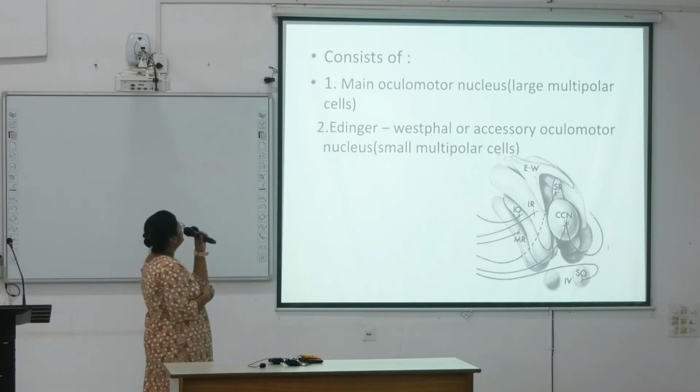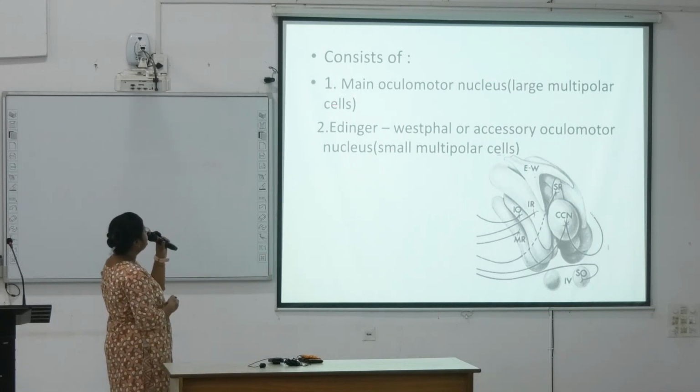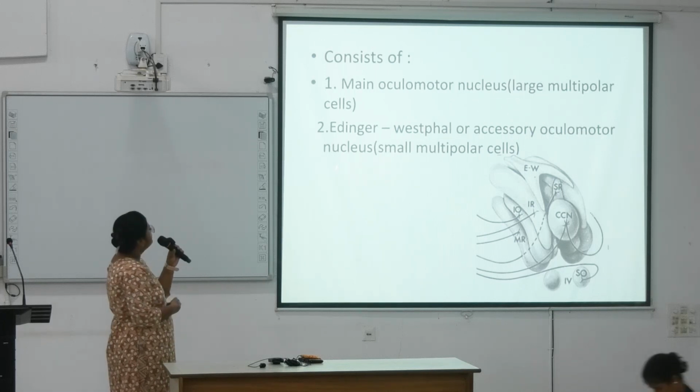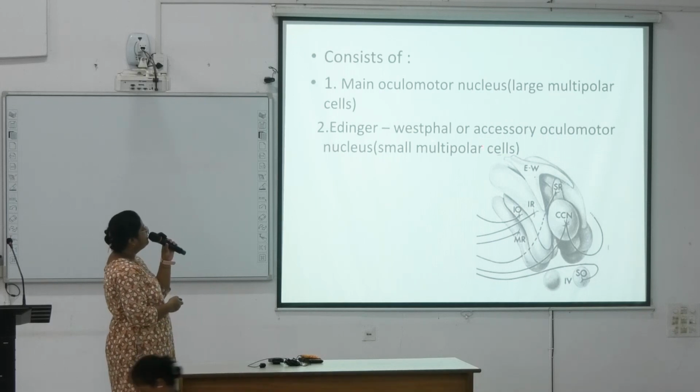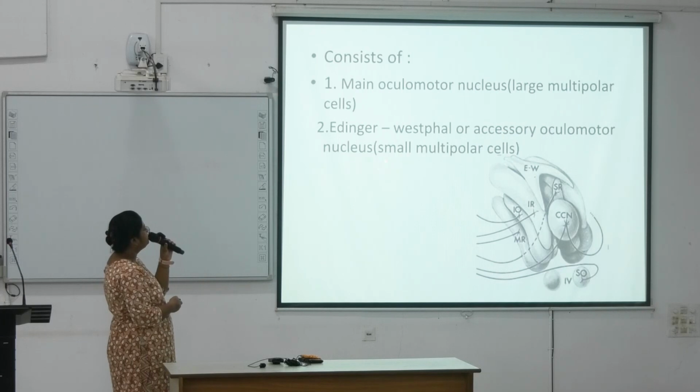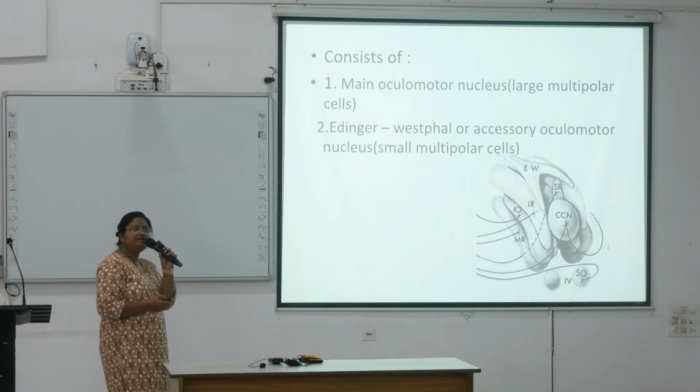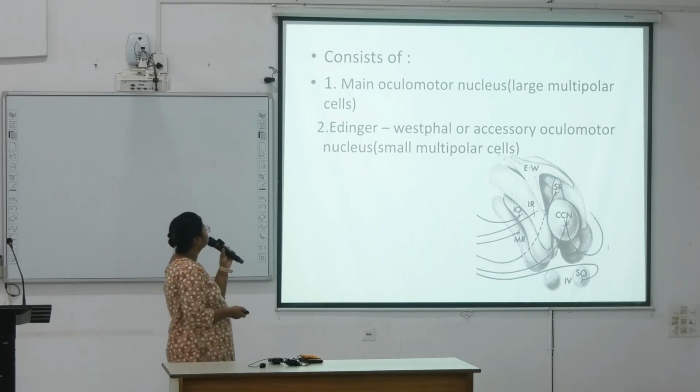Next, okay, so the nucleus consists of main oculomotor nucleus. It consists of large multipolar cells. And Edinger-Westphal nucleus or accessory oculomotor nucleus, it consists of small multipolar cells. So these two are the main important nuclei for oculomotor nerve. Next,